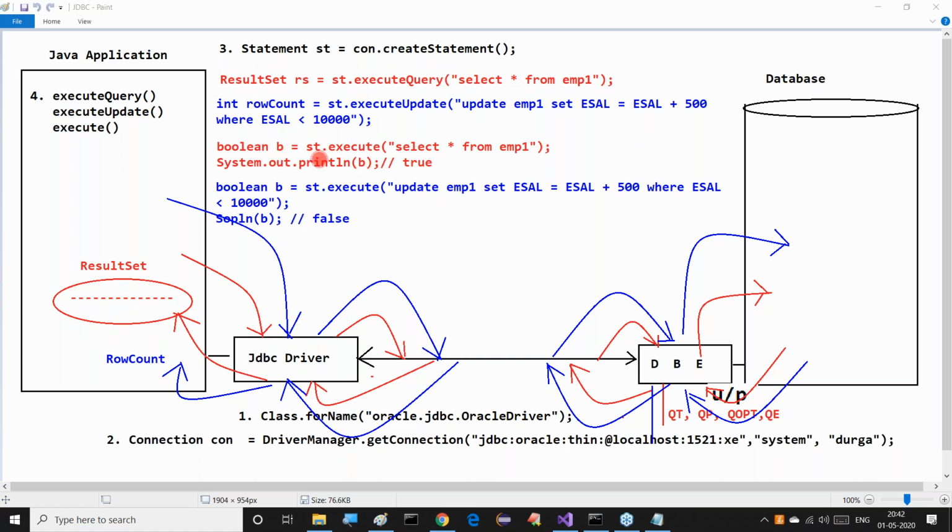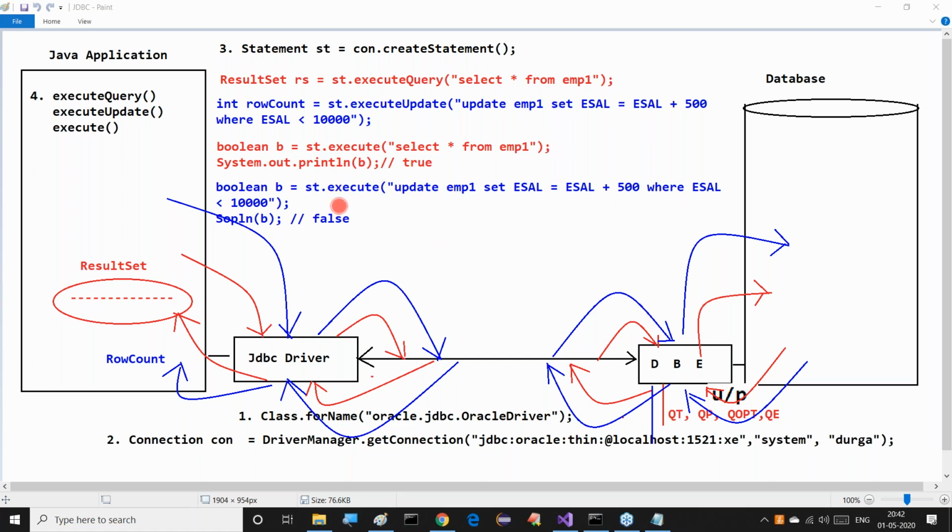The execute method can be used to execute both types of SQL queries. Both SQL queries are executed using the execute method. So in this scenario, st.execute of select * from emp1 means the select SQL query is executed and it will return true.